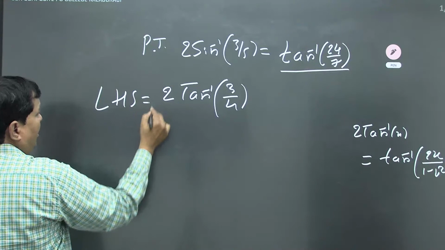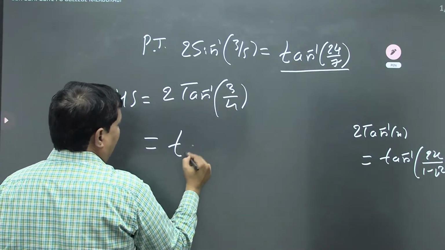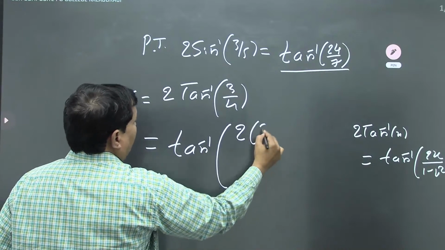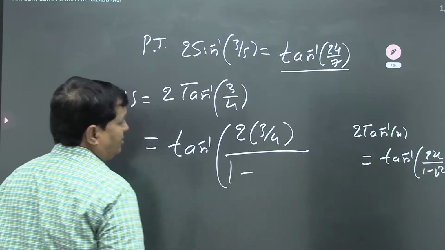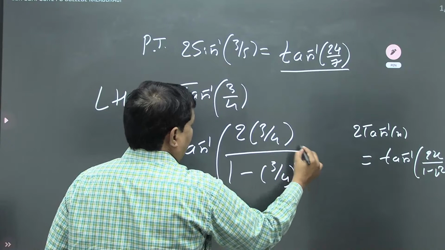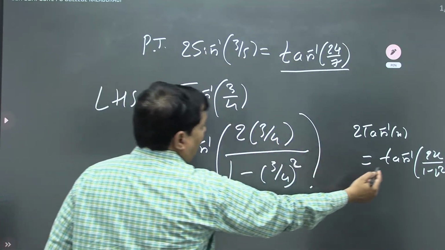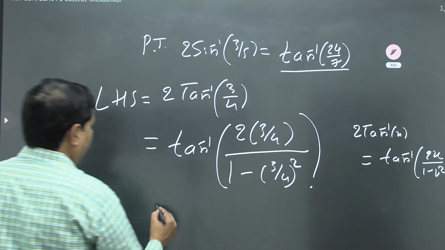Therefore, here 2 tan inverse of 3 by 4 can be written as tan inverse of 2 into 3 by 4 by (1 minus (3 by 4) square). Is it clear? 2 tan inverse of x equals tan inverse of 2x by (1 minus x square). Therefore, here